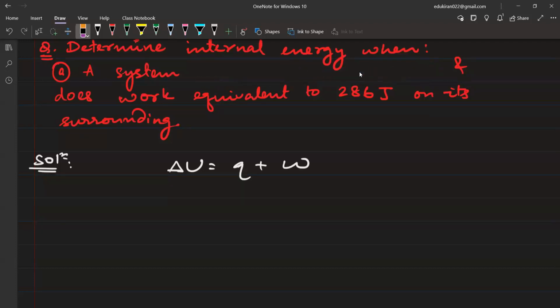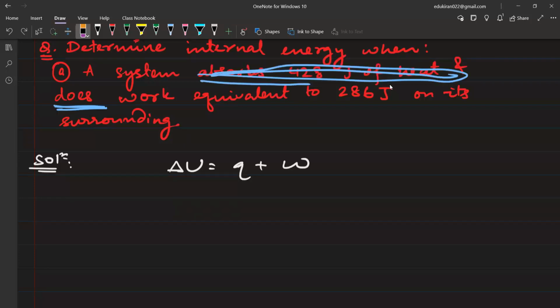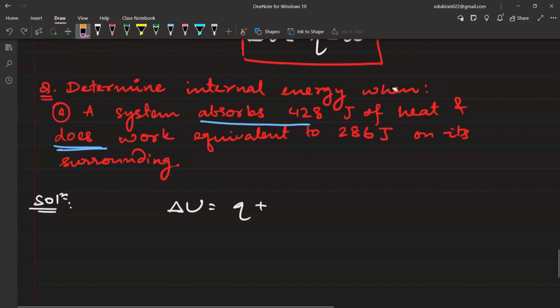System does work. So who is doing the work? A system. Yeah. हाँ, समझ में आया? Yes sir. Okay. ठीक है, तो बहुत हार्ड नहीं है, आसान है। अंग्रेजी है थोड़ी बस, और कुछ नहीं।